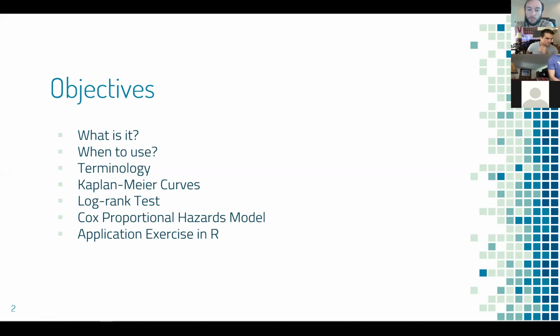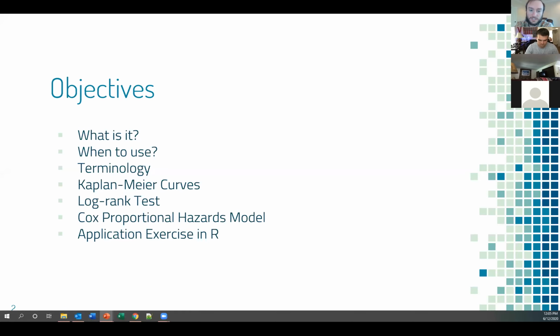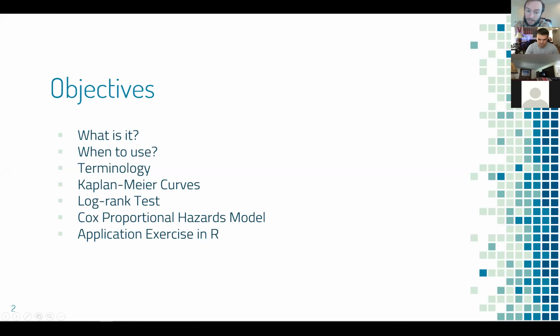And then we're going to delve into some of the methodologies listed here: Kaplan-Meier curves; if you want to compare two curves, the log rank test; and then if you want to introduce other variables into your model, the Cox proportional hazards model. And as we go along, Roland is going to be guiding us through some application exercises in R as we go through